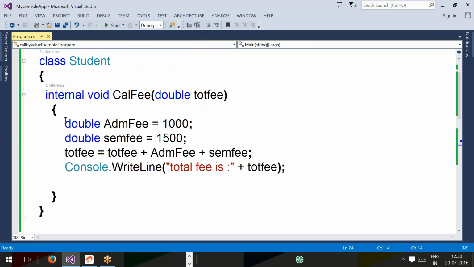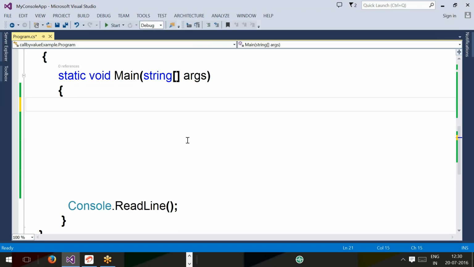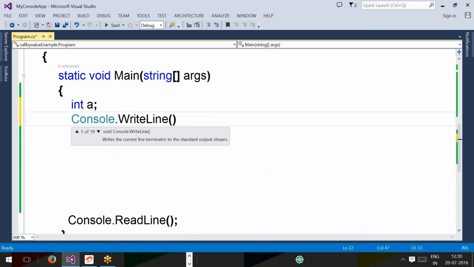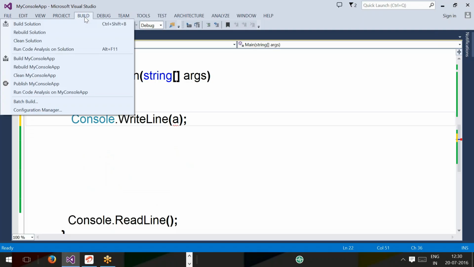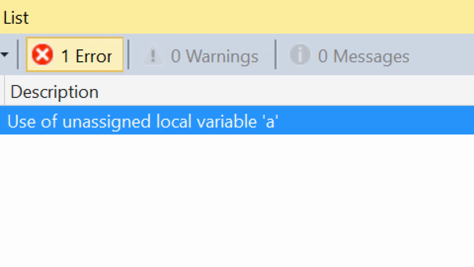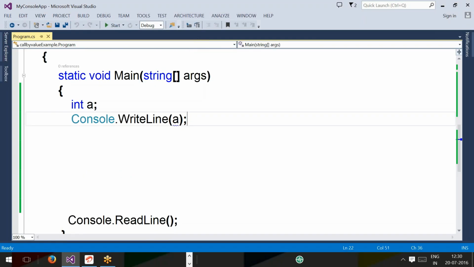Even if you didn't call this method, I'll show you in the other way. Put a Console.WriteLine of a. It will also throw the same error: use of unassigned local variable a. With this we understood that a local variable should be initialized with some value before